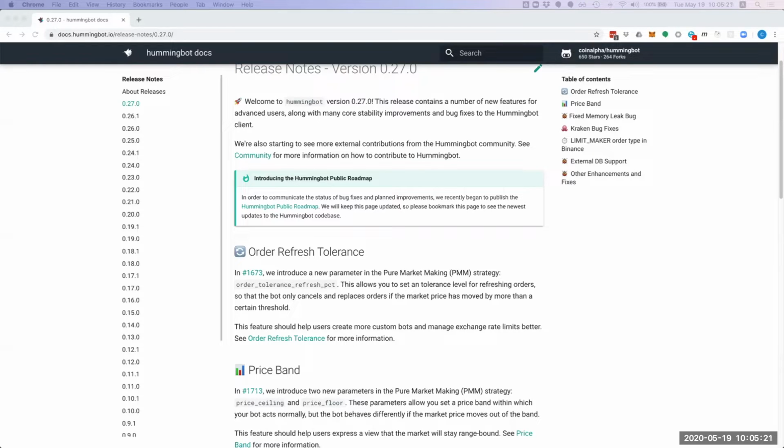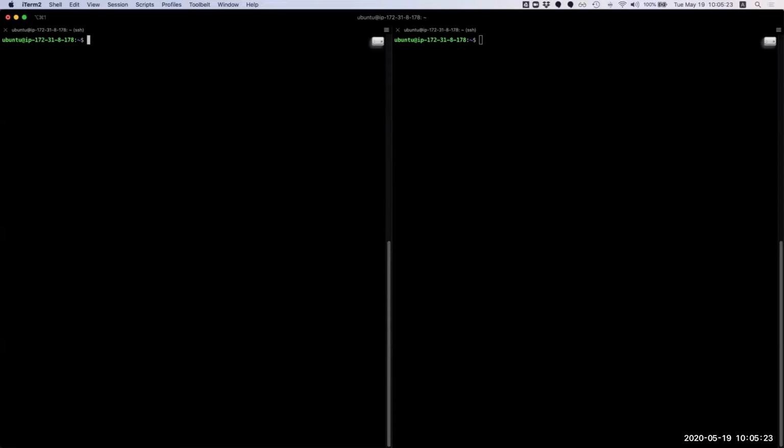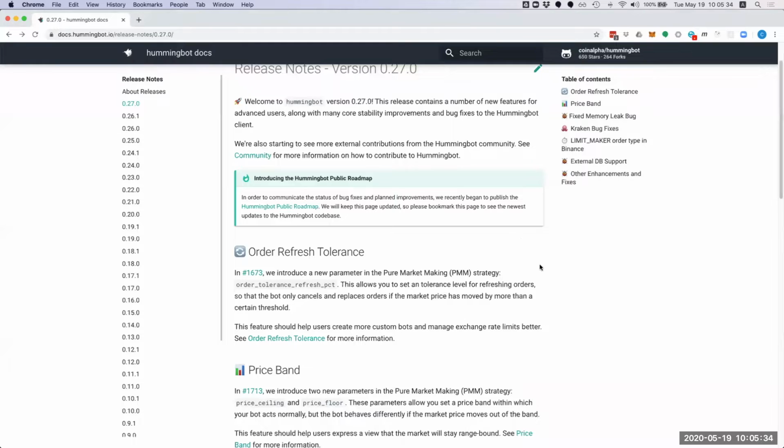We released a new version of Hummingbot yesterday. One of the reasons why I wanted to run the update is because on our testing server, we actually have to update these bots. So I'll show you how that's done. And yesterday, we also released a new version,